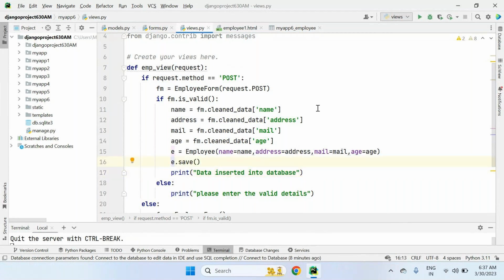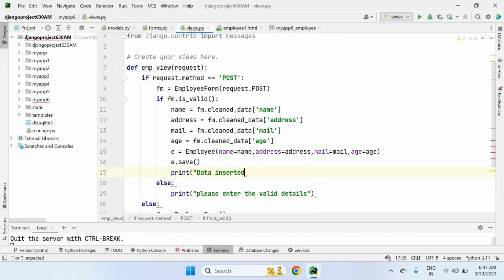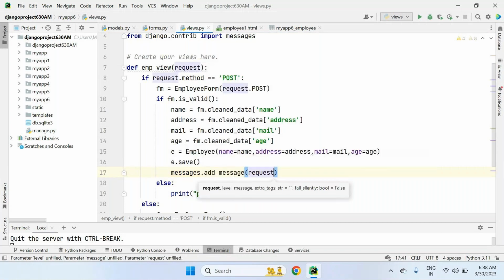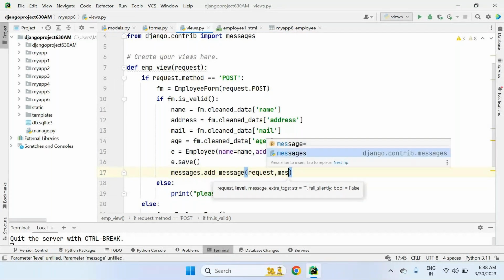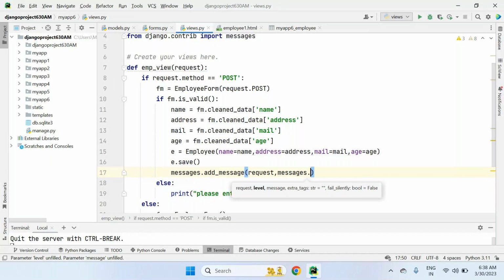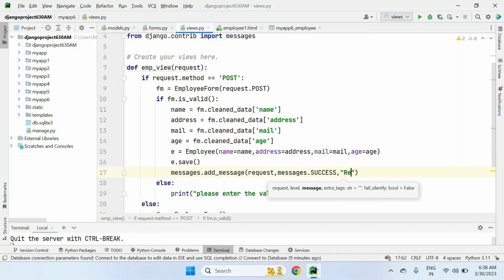Now, here I'm not printing this. Instead of printing, I'm using the messages framework here. Messages is a library name, dot add message is a method name. For the current request, I need to add a message. Now you can see messages dot success message I want to add, and I can say record inserted successfully